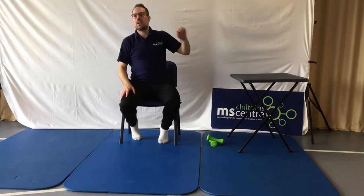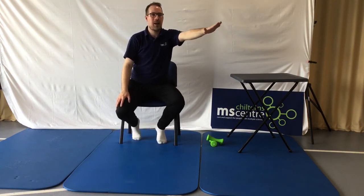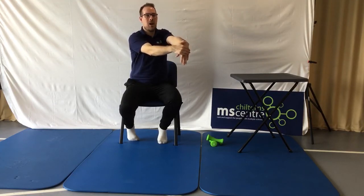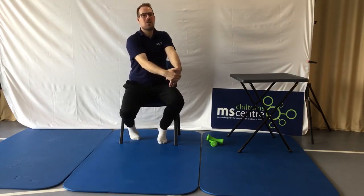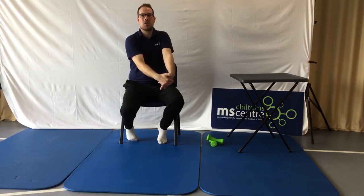And then we're going to bring the other hand out in front as straight as we can. We're going to let this palm and hand fall forward. Take control of the top of your hand, and I'm going to now push the palm of my hand as closely as I can so I can feel this stretch in the upper part of my forearm, and we're holding this stretch here. Once again, when it eases off, big breath in, big breath out, push that palm closer to